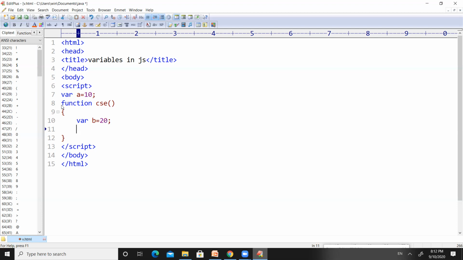So let us check whether they will print inside the function or outside the function. Let us check by writing the program. In order to print something on the output screen in JavaScript, we can use document.writeln. We have seen this in the previous example also. So here I want to print the value of a, and then I want to print document.writeln